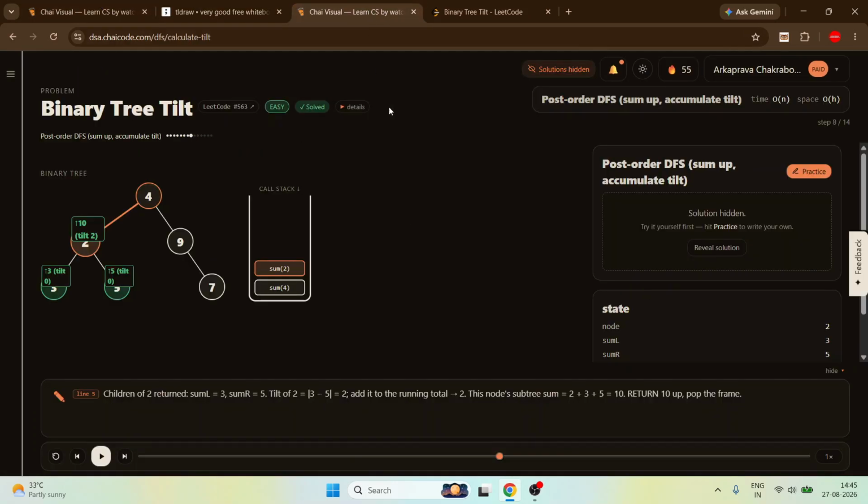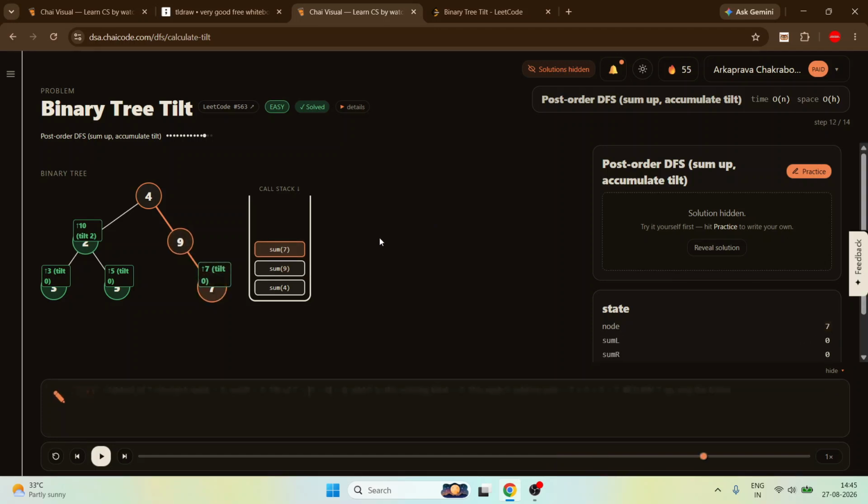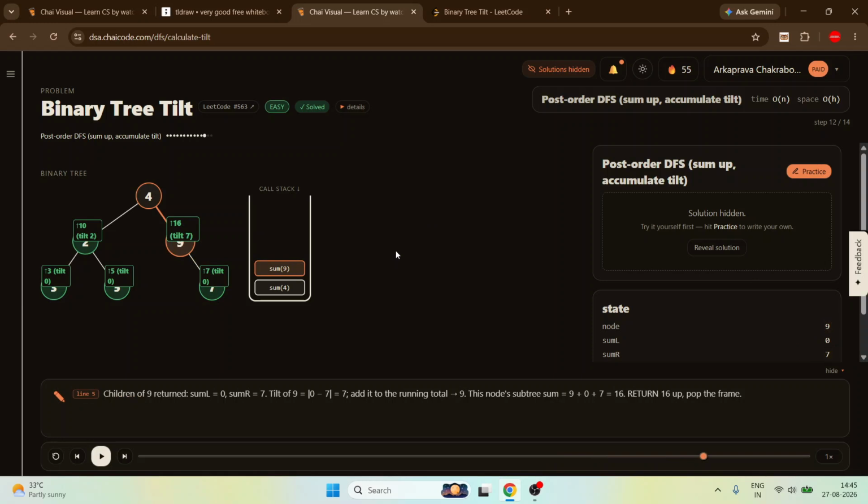Similarly, if we go to the right part, to the 7, the tilt is 0 again. Then we go to the 9, the tilt is 7, the left part is 0, but the sum will become 16. It will be 9 plus 7, 16. Then for this 4, the sum will become the total and the tilt will become 6.